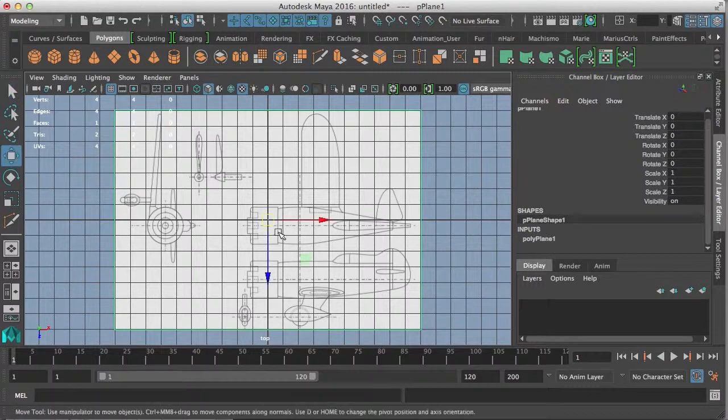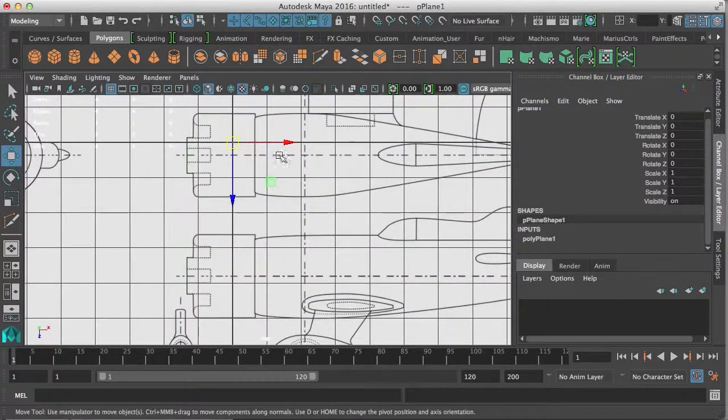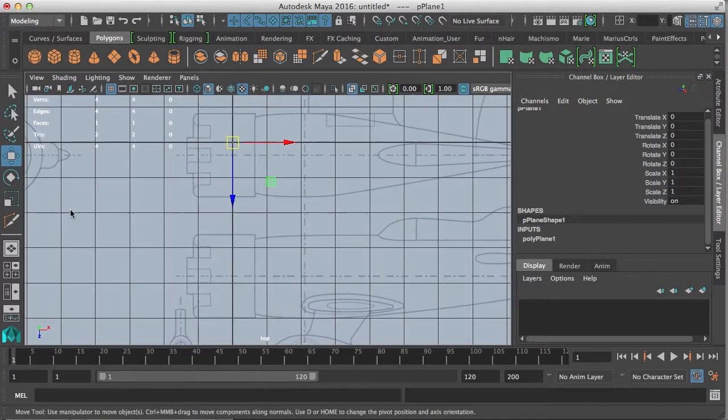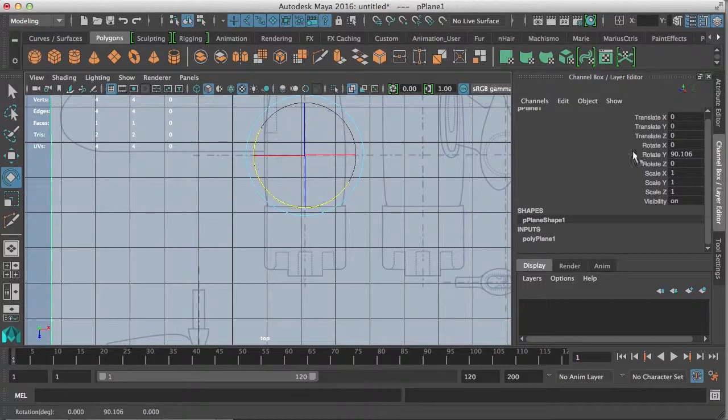Okay, so we've got this squared away. Notice I've got these center lines in the drawing. They're pretty accurate, and they're going to make lathing, making revolves, a lot easier. To make things easier, you can turn on X-ray. That's the X-ray button, which is very different. Otherwise, you can do shading X-ray, and that gets activated. So I'm going to press D, and I'm just going to line this up, because I know that my pivot point is already in line with this polygon. Next I'm going to press E to rotate, and I'm going to rotate the entire assembly 90 degrees